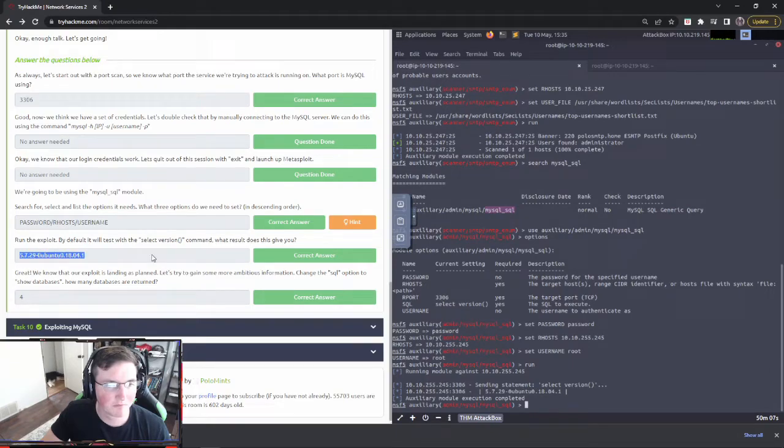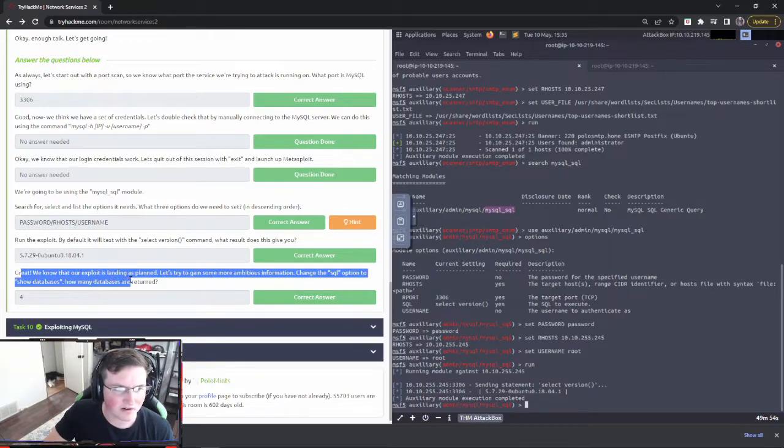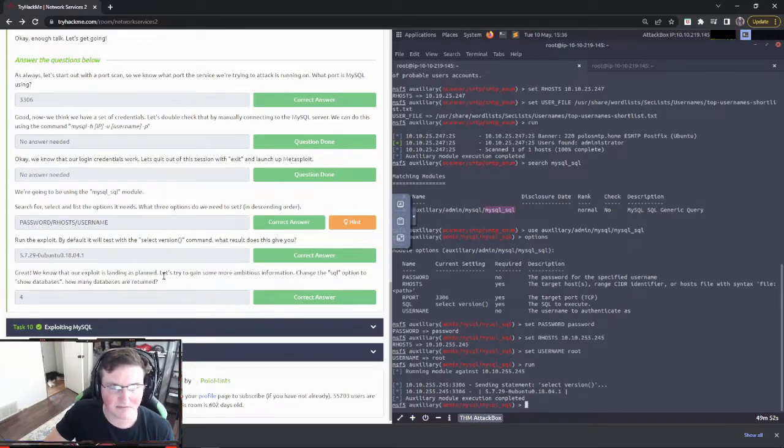Perfect. Boom. So now, just from doing that, we could easily go ahead and look for exploits in Ubuntu, that version, but let's keep going. Let's see if we can figure something out. Now, great, we know our exploit is landing as planned. What that means is you can see the exploit here is SQL. And what do you want it to do? The SQL to execute. And we want to select version. That's what we wanted to do.